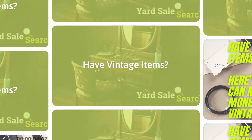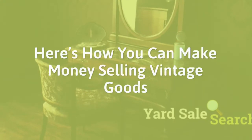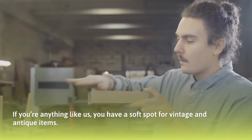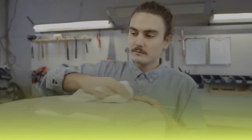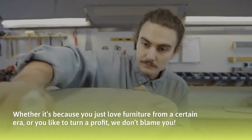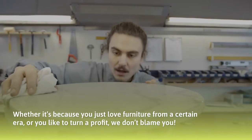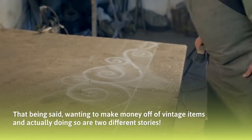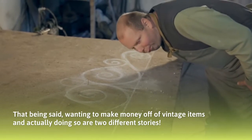Have vintage items? Here's how you can make money selling vintage goods. If you're anything like us, you have a soft spot for vintage and antique items, whether it's because you just love furniture from a certain era or you like to turn a profit. We don't blame you. That being said, wanting to make money off of vintage items and actually doing so are